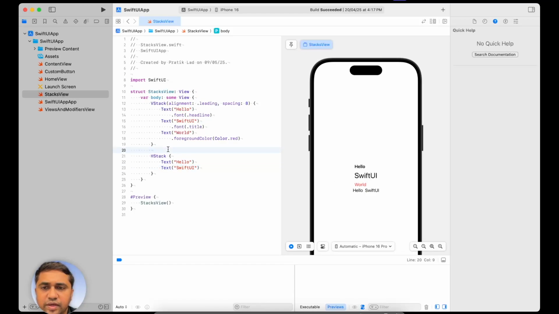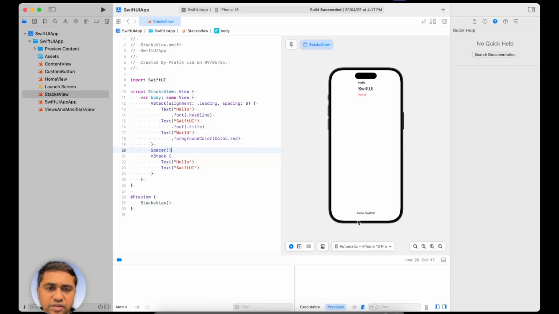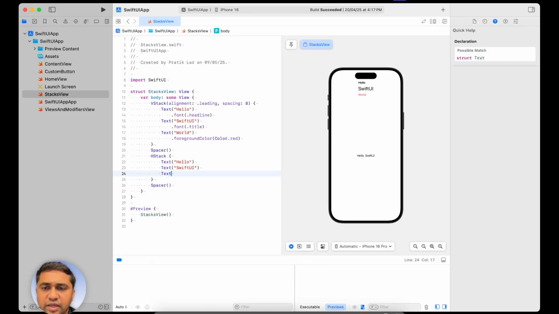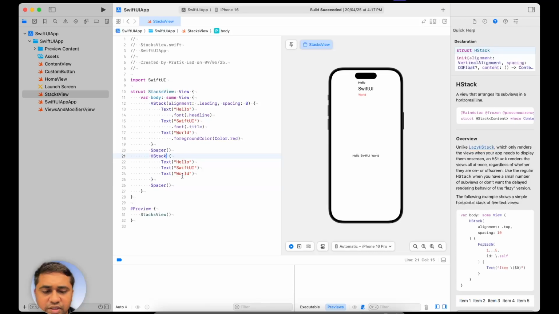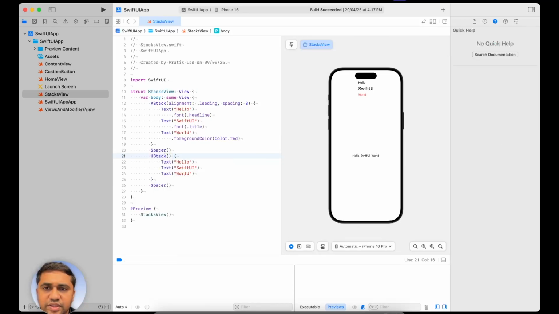Let's say adding a Spacer. See the result. I am adding a Spacer here, so that's why. Let's say we can add a Spacer at the end, so it will push the views up. See the result. Now again adding another Text, World. See the result. Hello. Same as vertical, if you want to specify something, let's say alignment